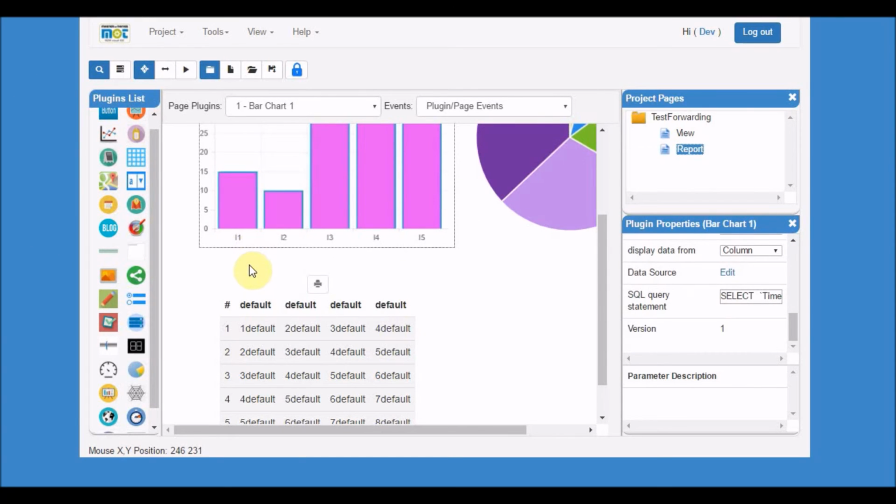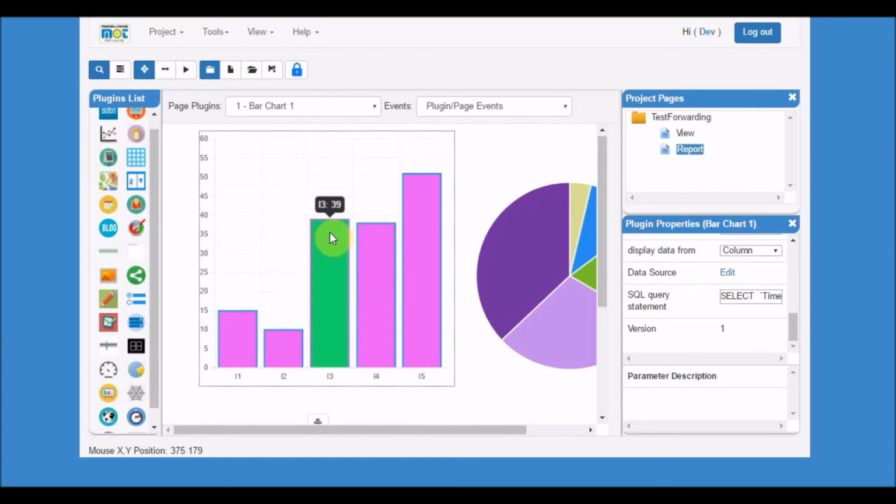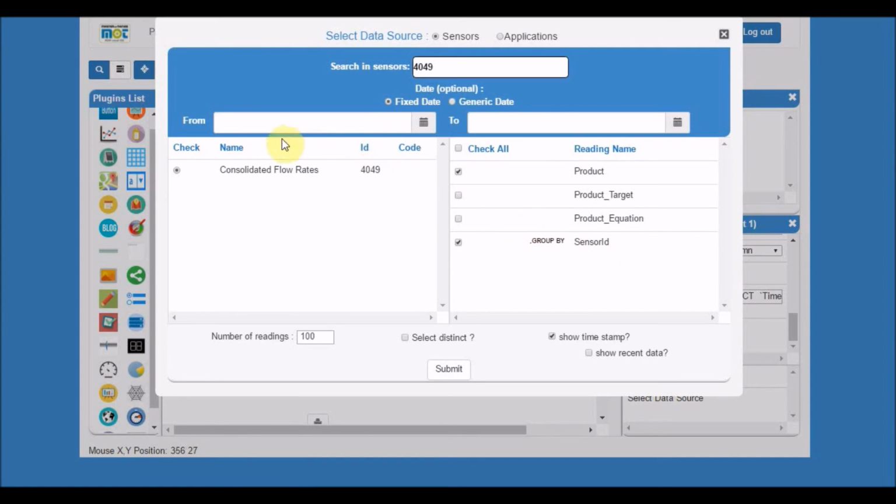Also, something interesting can be showing here, that I can control the data source to be showing in not the fixed dates but from a generic dates. It means number of days to subtract from the current days, assuming that I wanted to show the readings received yesterday or 2 days before or 7 days before. In this example, let's say I will receive 7 days, and click submit,